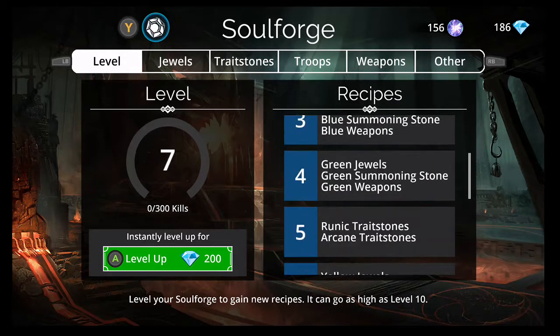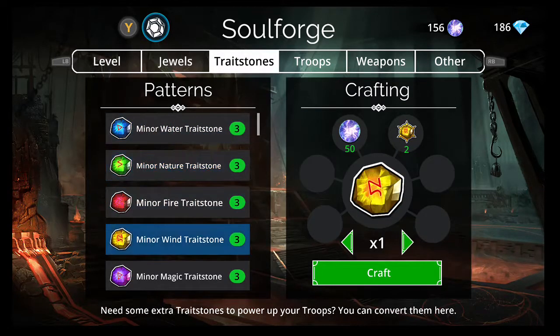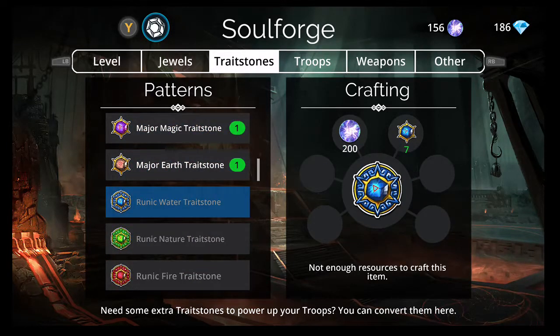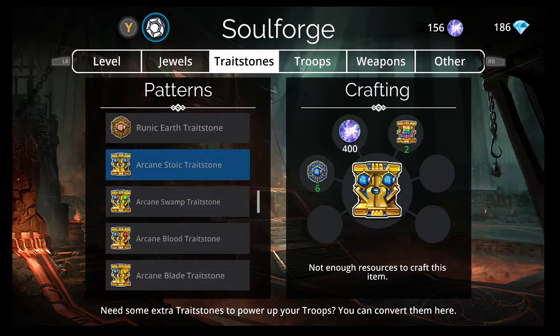2 is brown jewels, blue jewels, so on and so forth. The runic trait stones and arcane trait stones, level 5, is where it's at, though. As I'd mentioned in a previous video, there's no way besides exploring on how to get these. Well, now there is. If you get to level 5, you can start making your own runic and trait and